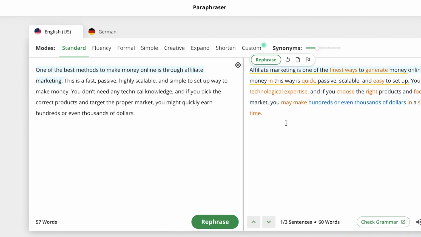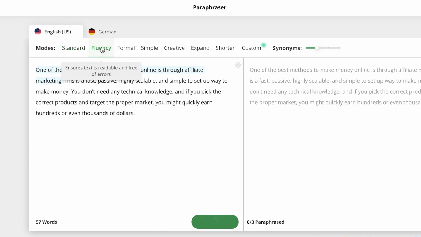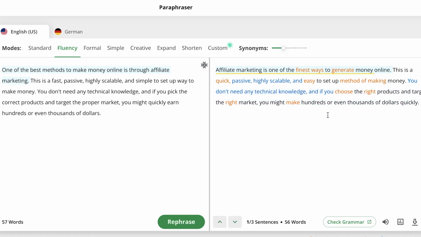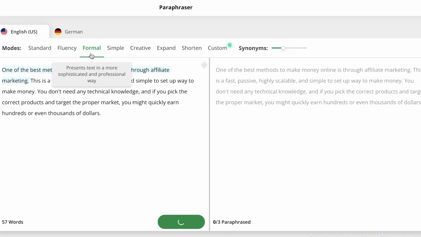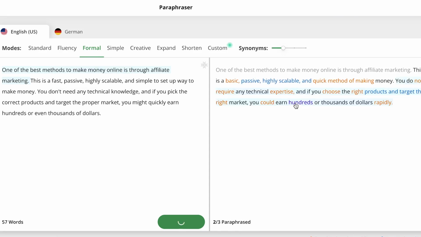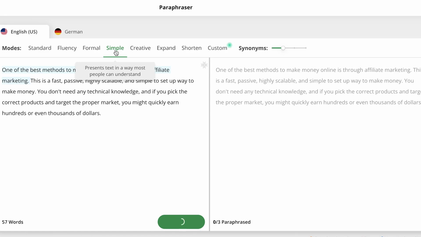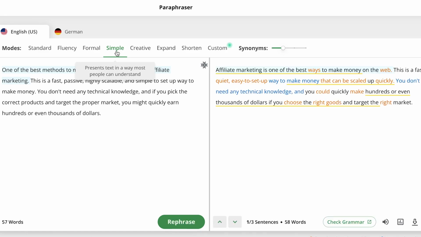This is the standard version. Now, if you want to have the paraphrasing in a much more advanced way, you can go to fluency, and it's quickly going to change it to the fluency format. You can see everything is now changed, and it's more advanced than the standard. If you want to go to the formal, you can just click on formal, and you will have access to the formal one. It's just going to rewrite using the formal tone. So you can go ahead and use simple also. Everything is going to be open to you since we now have our premium version.